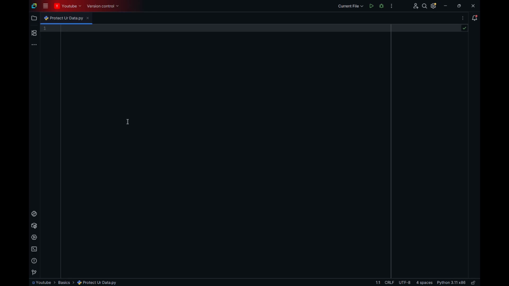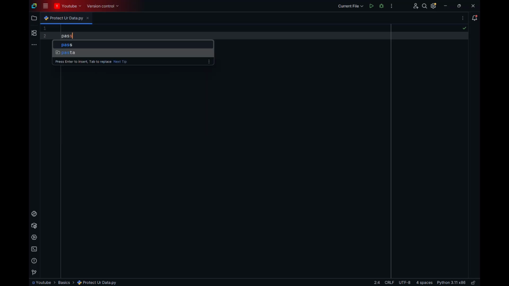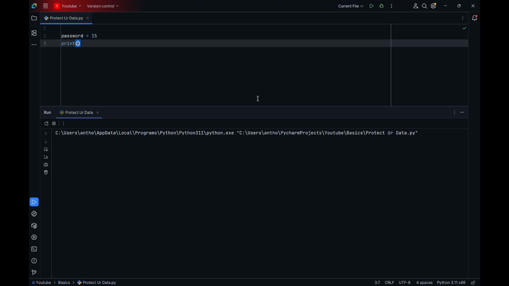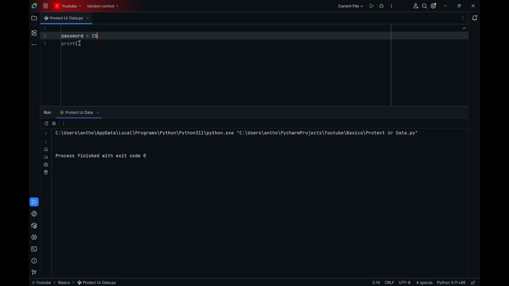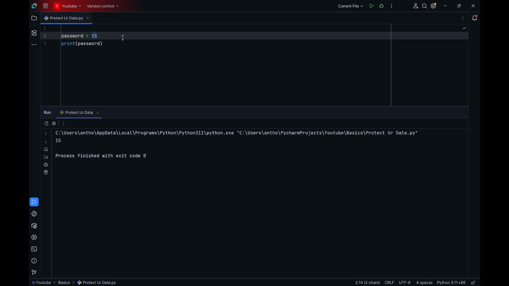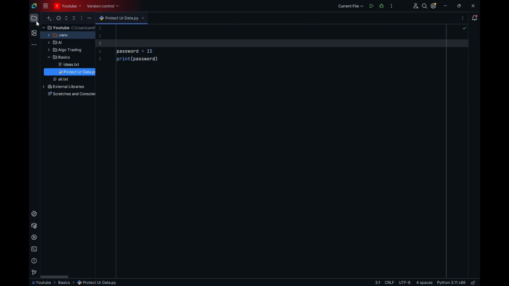And here, let's say I want a variable, let's say password, to be equal to 15. So now if we print password, we have 15, of course. Yeah, I forgot to write password. And so, okay, here I want 15 to be hidden in this code. What I will do is that first I will create a